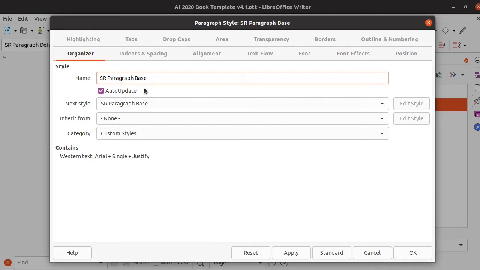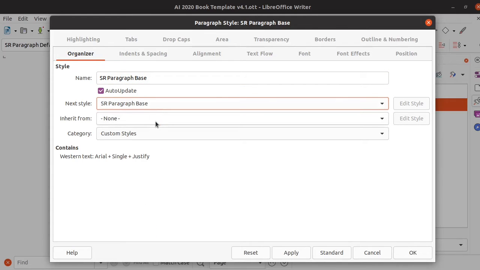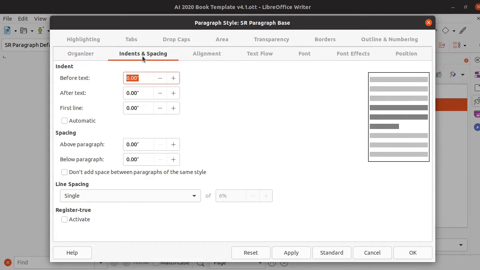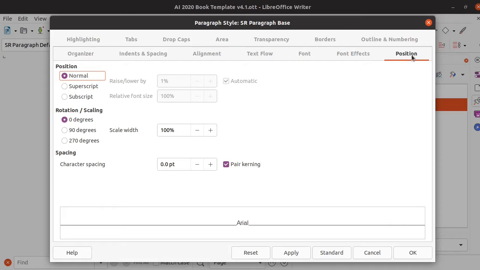However, whenever I write in a SR paragraph base, I want to continue in a paragraph base. There's no inheritance because this is the base. This is the bottom or the top, however you care to look at hierarchies. This is the most basic. It inherits from none others, and it goes in custom styles. And you see that we're going to have a whole lot of other things going on here that are all